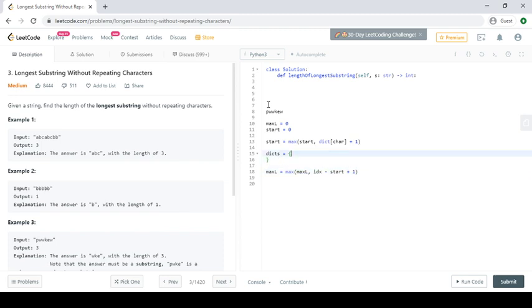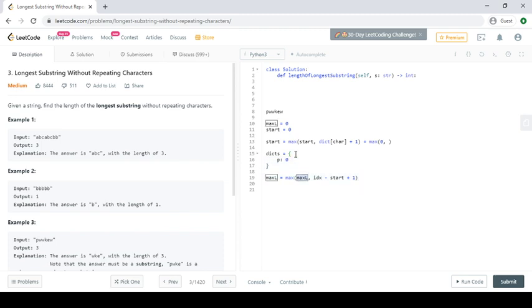So in the case of PWWKEW, our dictionary is empty. Now we will do this with the P. So our start will be max of 0 and dictionary character, but P is not in the dictionary, so this rule will not be executed. So we'll insert P into the dictionary with 0 as the value.